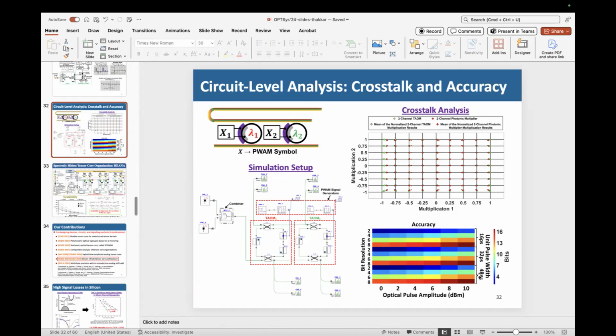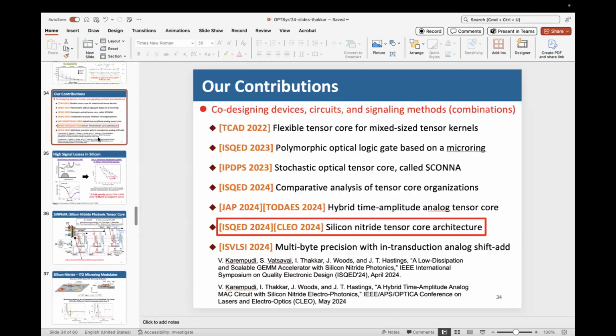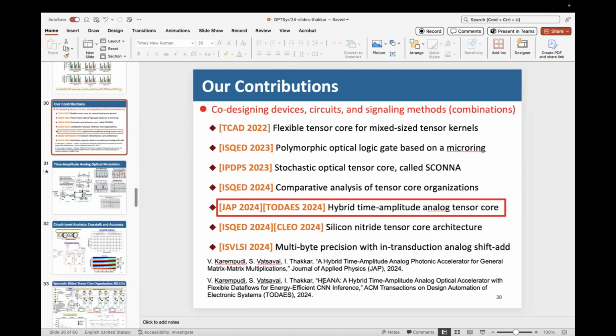That basically drives your operating bit rate, because the non-idealities that you talked about, the sample and hold noise and all that, also depend on the operating bit rate. And this is not going to be weight stationary, by the way. I would like to point that out. Unfortunately, we'll have to look at this paper again, which is just accepted, the previous one. We call it Hyana. We have put that on the archive, but you will not find it at the publishers. But if you look at this